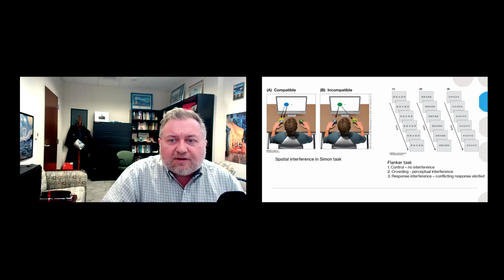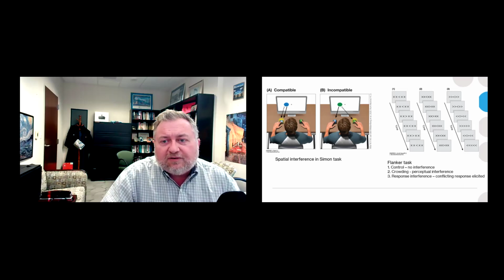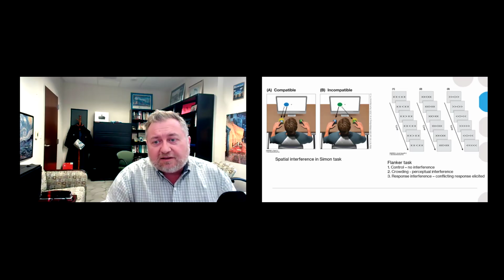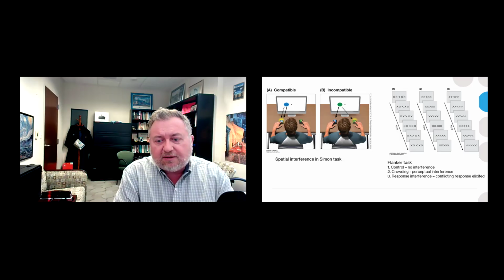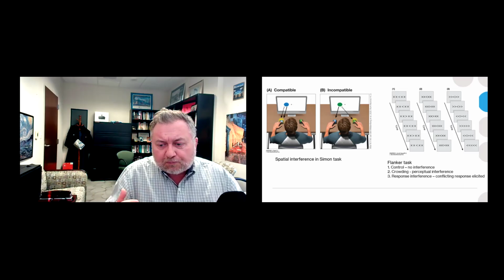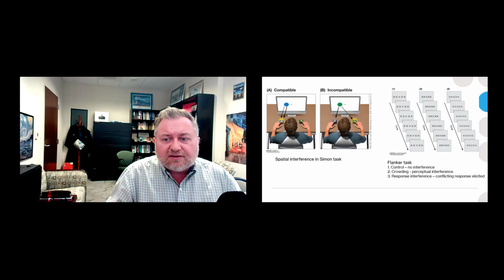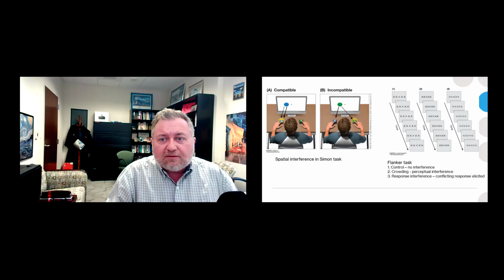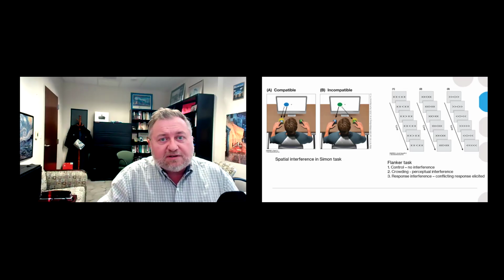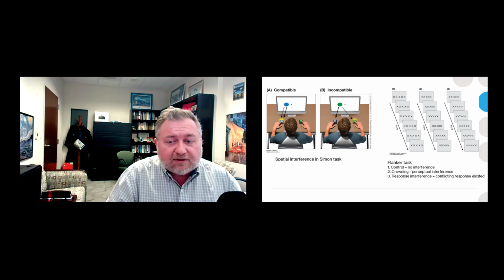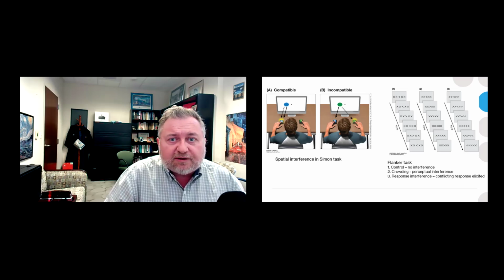So your task is to ignore the X's and pay attention to the fact that the arrow is pointing to the left. And then on the second trial, it's also pointing to the left. But then as we go down to the third trial, it's pointing right and then left and then right and then left. And that's our 6 trials here. Technically, you have more than 6 trials when you do this study. So you just have to ignore the X's, and you can have 2 buttons, right? One on your left hand, so when the arrow is pointing left, press that button. The other by your right hand, and when the arrow is pointing right, you press that button. Or you could press the arrow keys on your keyboard even, or anything like that as a way to respond to this target.